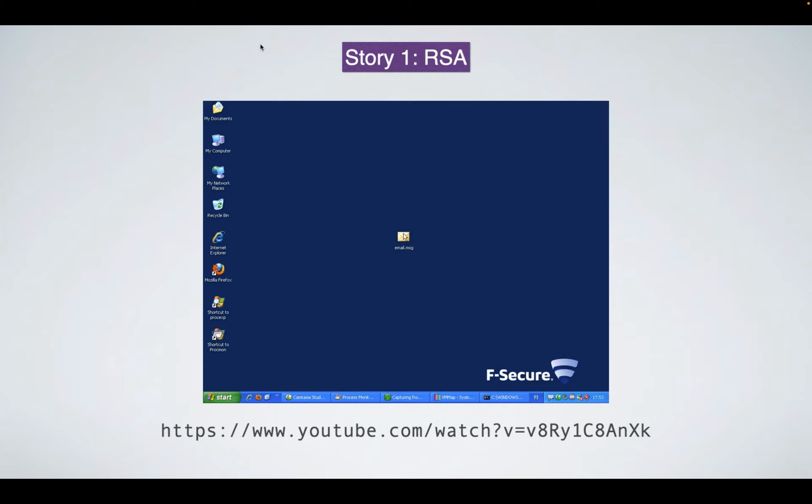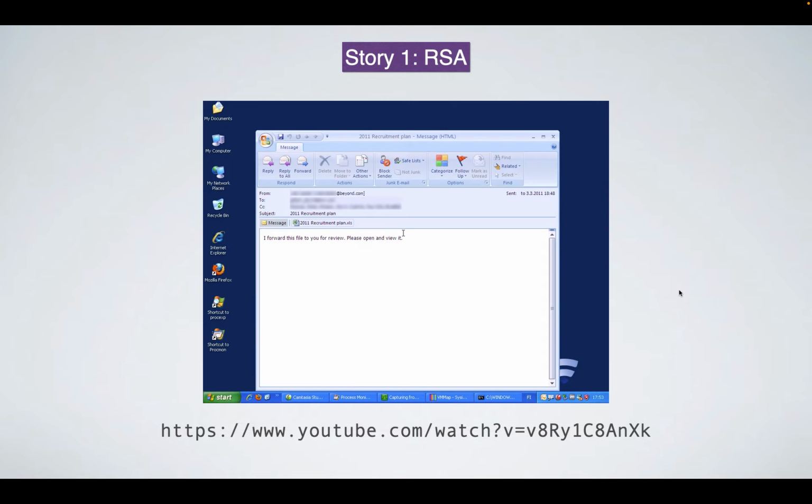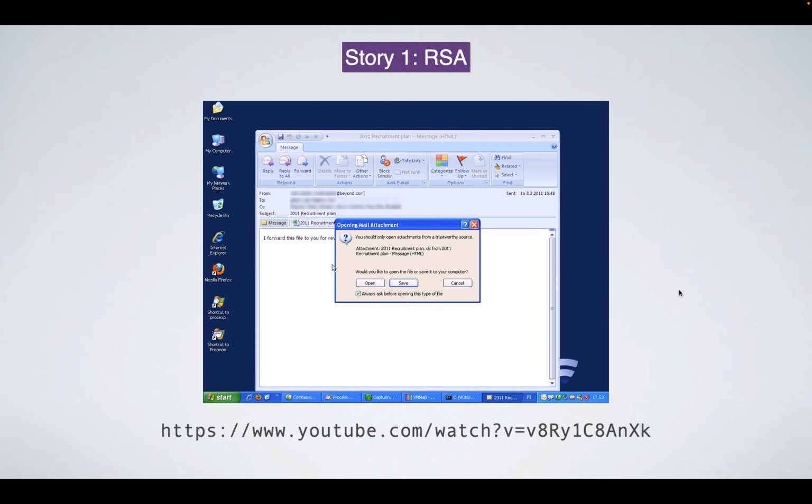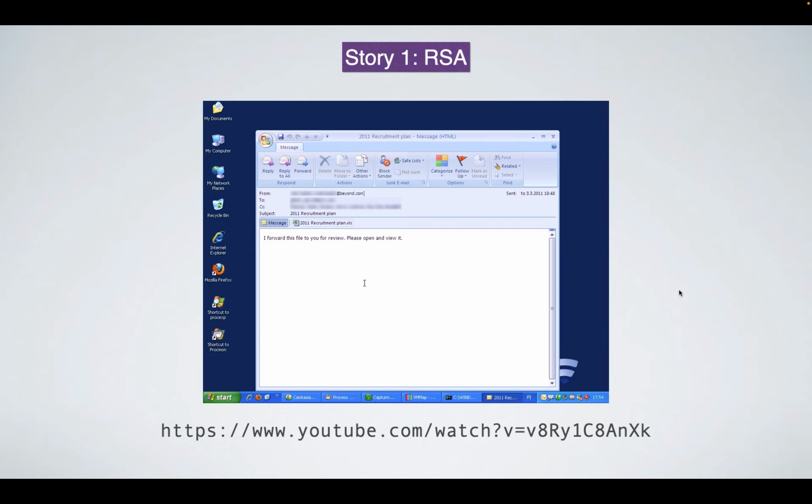What happens? I can actually show you. It takes about a minute. It's kind of slow. So this is the email. And then you click on it. Windows, or Outlook, tries to scare you away a bit by saying, oh, you're opening an attachment. You should only open attachments from a trustworthy source. Do you want to open it anyways? But most people are just going to click through. So if you click through,